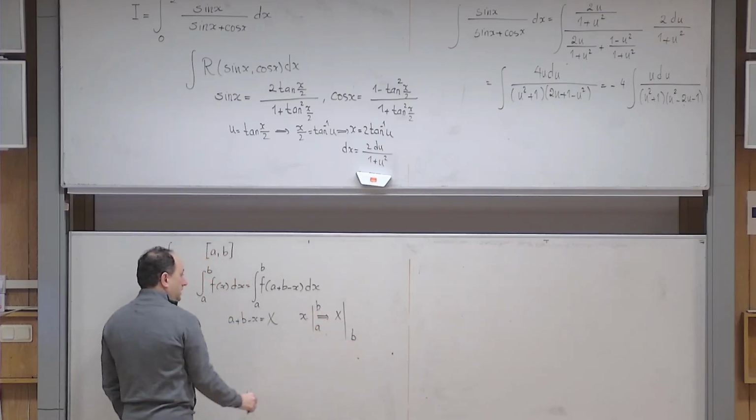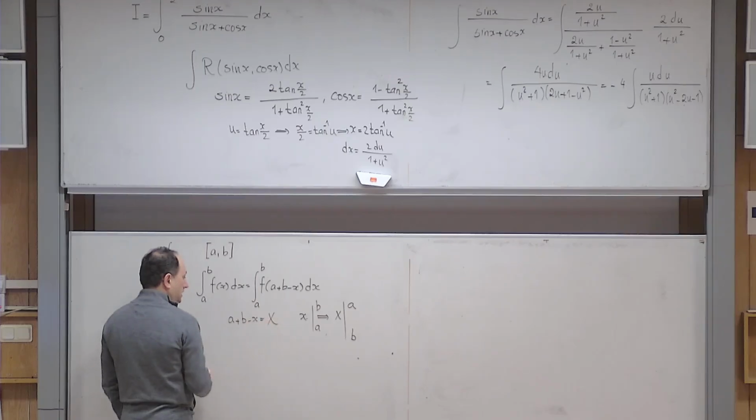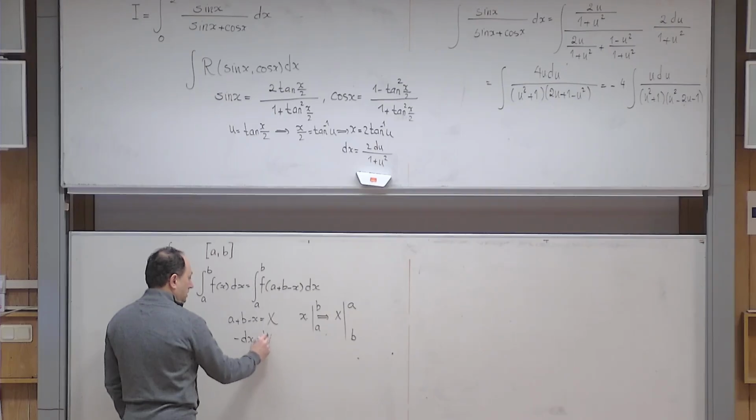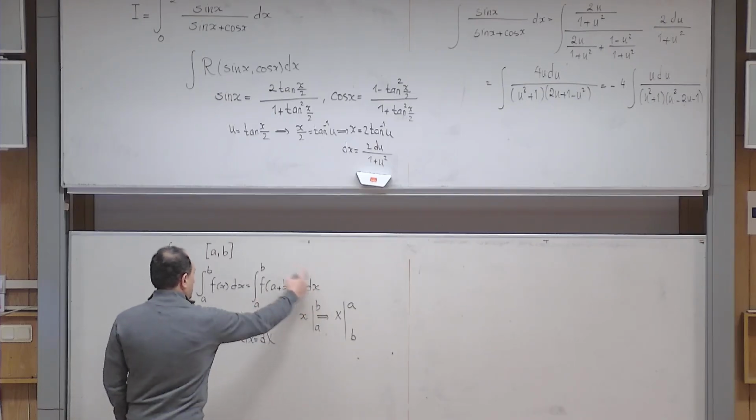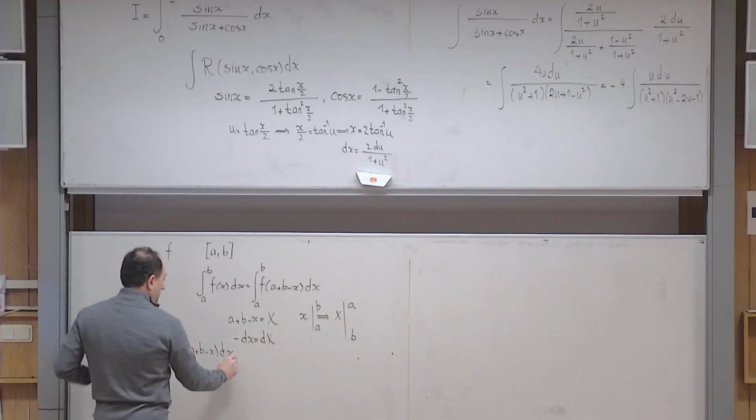Then if little x is b, capital X becomes a. And then from here, if I differentiate both sides, this becomes minus dx, and the right hand side becomes d capital X. So this integral that you see here, the integral from a to b of f of a plus b minus x dx, is equal to